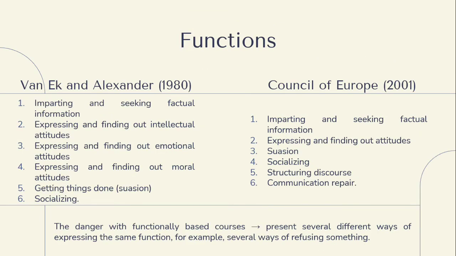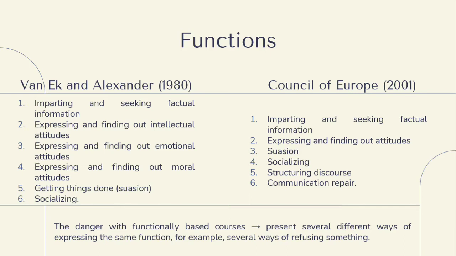And then the functions. There is no standard list of language functions with frequency information. Van Ek and Alexander 1980 provide the most widely published list of functions, which is divided into 6 categories. The first one, imparting and seeking factual information, and then expressing and finding out intellectual attitudes, expressing and finding out emotional attitudes, expressing and finding out moral attitudes, and then getting things done or suasion, and the last one is